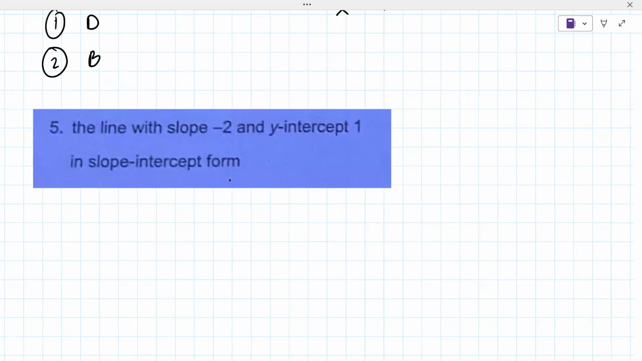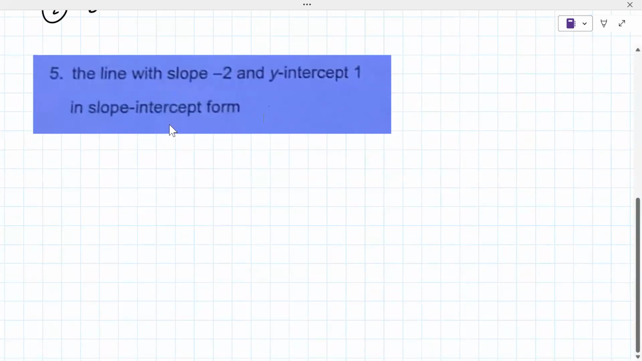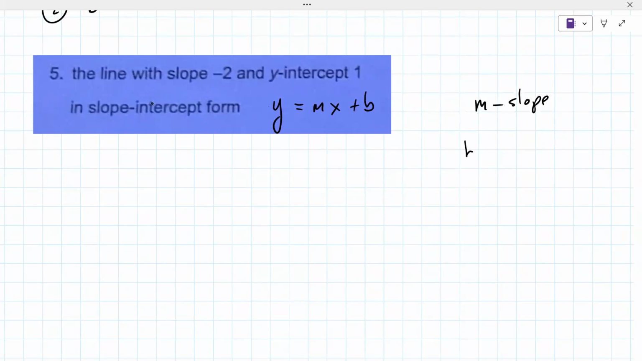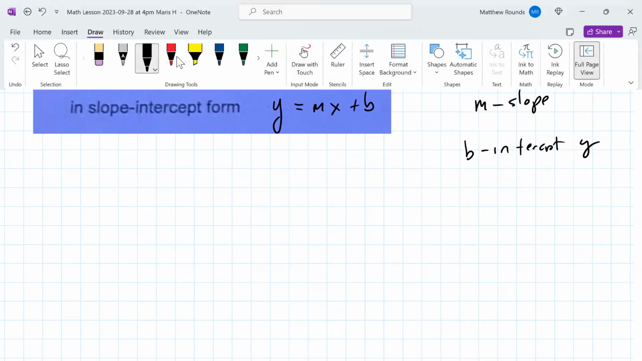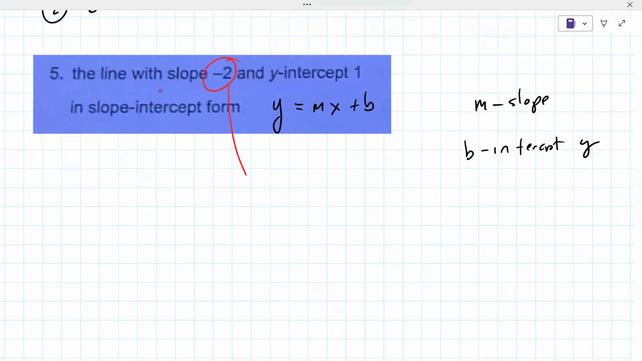Okay, so slope-intercept form. Can you tell me what the equation of that is? Y equals mx plus b. Very good. Plus or minus b. So m is the slope, b is the y-intercept. Notice they're giving you those values. This is a straight substitution problem. There's the slope,